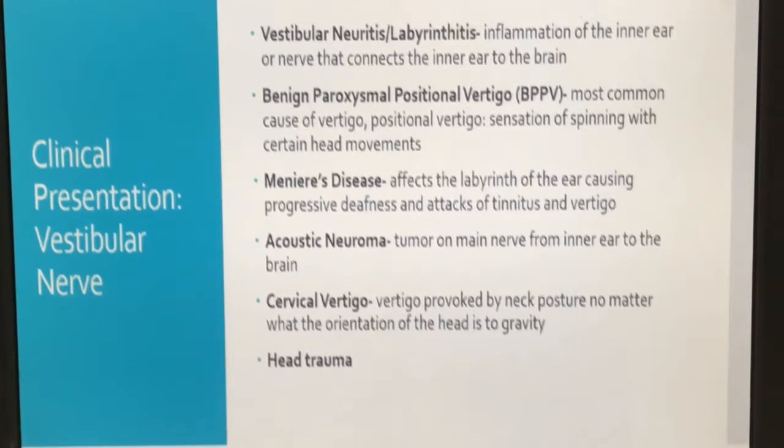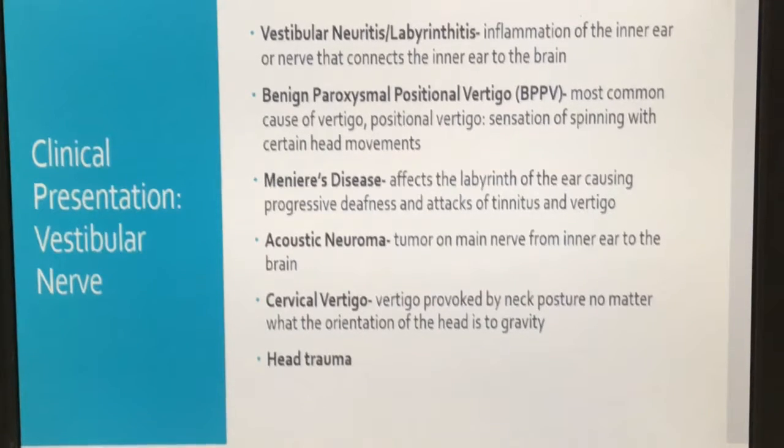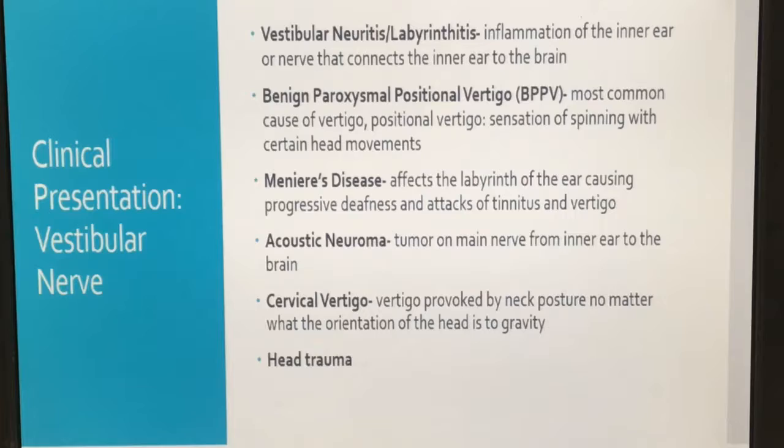The next one is Meniere's disease, which affects the labyrinth of the ear, causing progressive deafness and attacks of tinnitus and vertigo. The next one is acoustic neuroma, which is a tumor on the main nerve from the inner ear to the brain. The patient's chief complaint is slow progressing hearing loss, and can also include ipsilateral facial weakness, tinnitus,